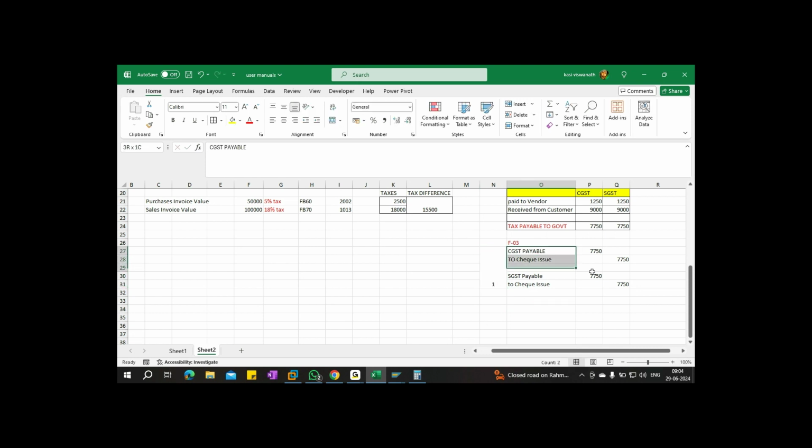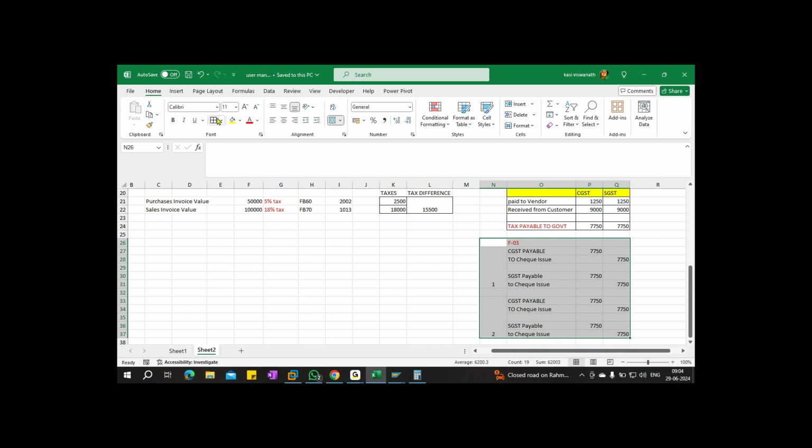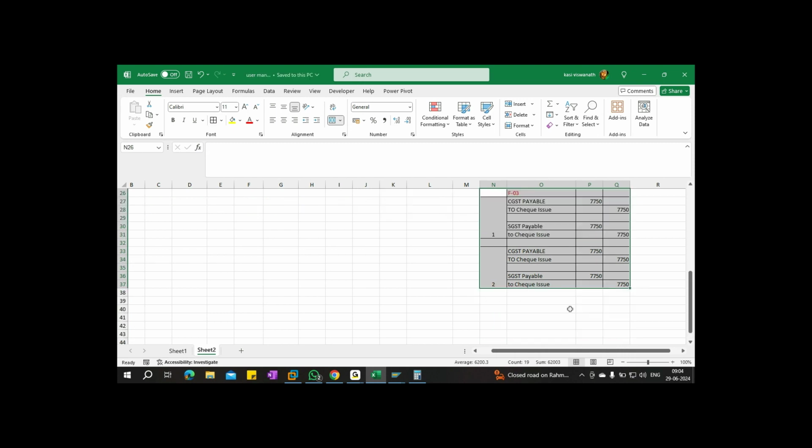And for the second entry, like CGST payable, right? How much value we used to pay? 1250, right?